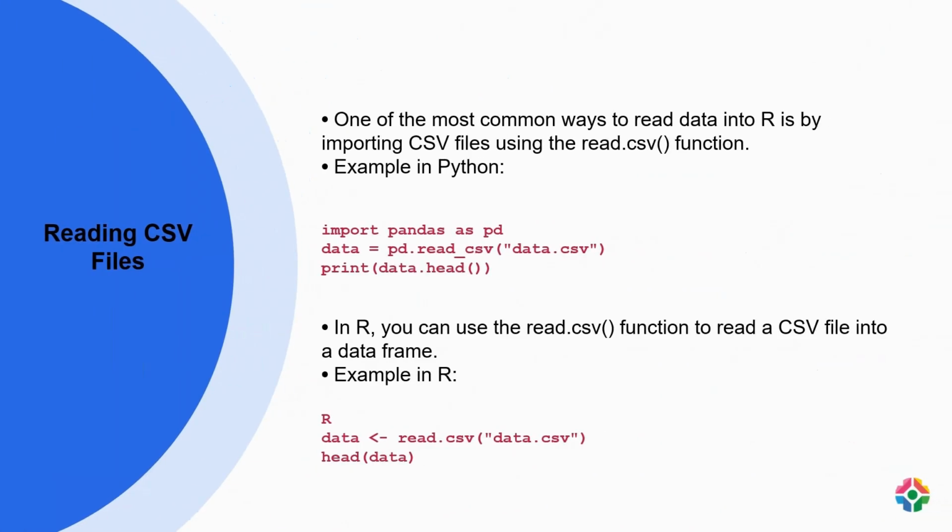The read.csv function in R is commonly used to import CSV files into a data frame. This function reads the CSV file and converts it into a table-like structure that can be manipulated and analyzed in R. For example, consider a scenario where you have a CSV file containing sales data and you need to analyze